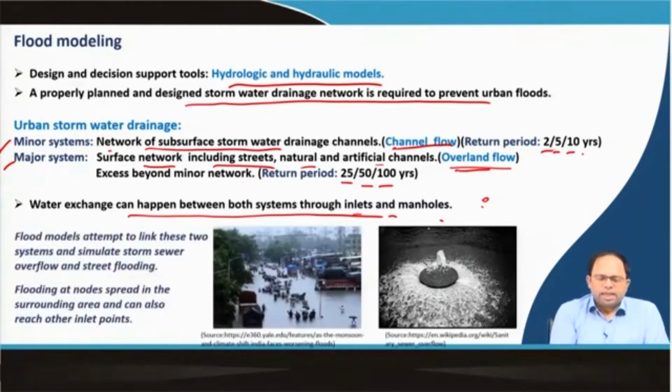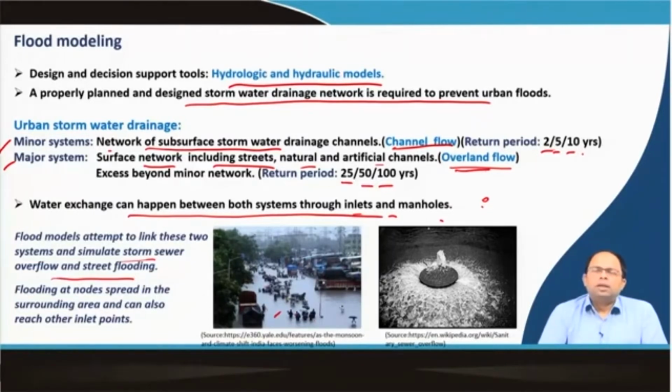So, flood models attempt to link these two systems and simulate stormwater overflow and street flooding. The complexity of this linkage actually determines what sort of model we use. We can have very easy models, but at the same time we can have very complicated models as well. So, flood models attempt to link both the major system and the minor system and simulate stormwater overflow and street flooding. So, you can see roughly on this image that this entire street has got flooded, because the